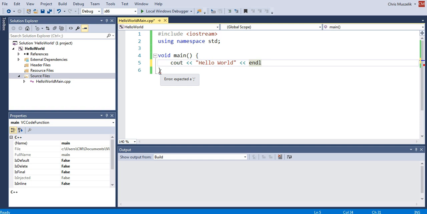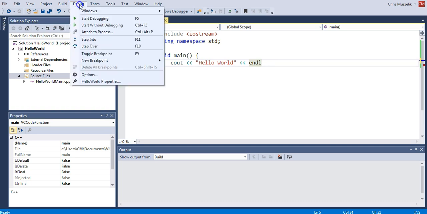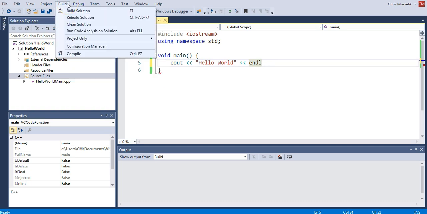The red squiggly line. But let me go ahead and compile this file and show you what the compiler would actually show you as an error. All right. A couple different ways that you can compile a file. You can click on debug and build. Click on build, and you can click on the compile command in here, and compile will compile just the active